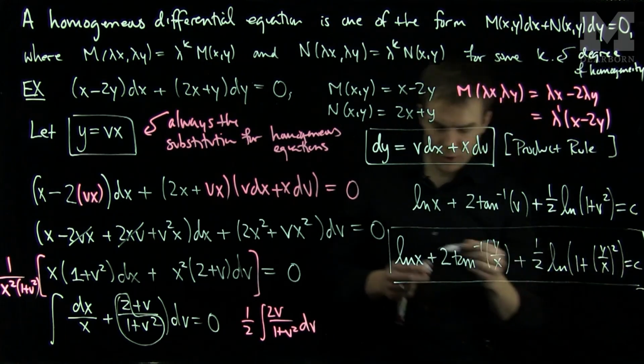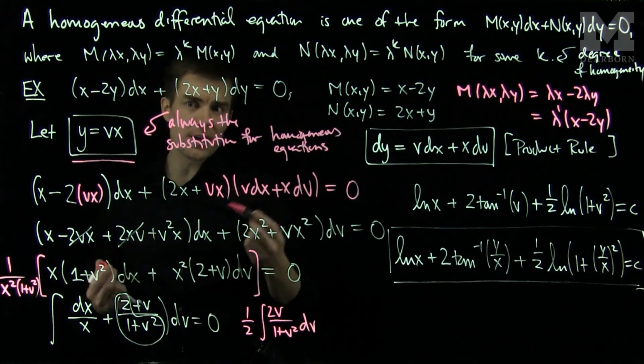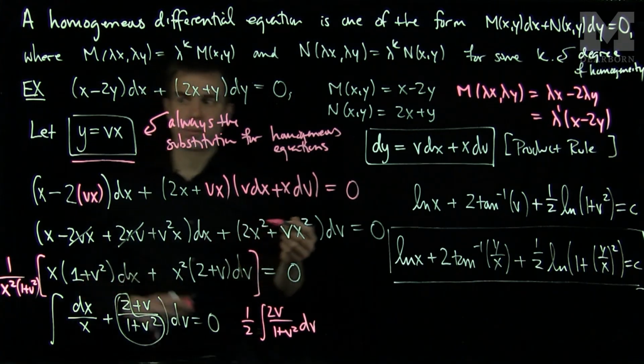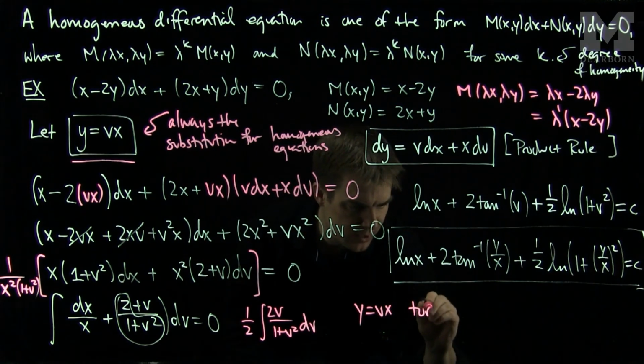So the homogeneous substitution that we've introduced will take our homogeneous differential equation and turn it into a separable equation. So y equals vx turns homogeneous